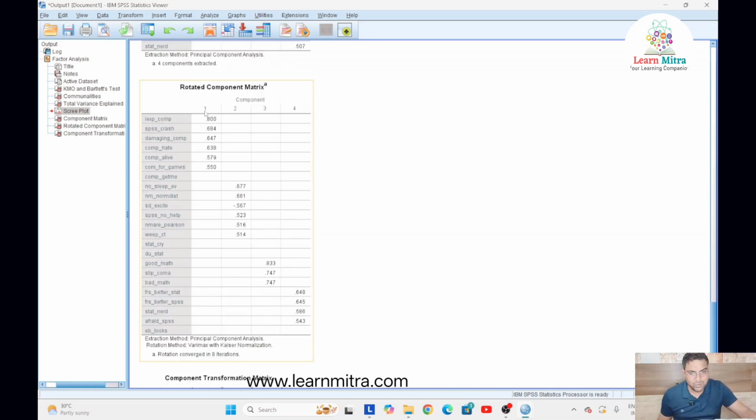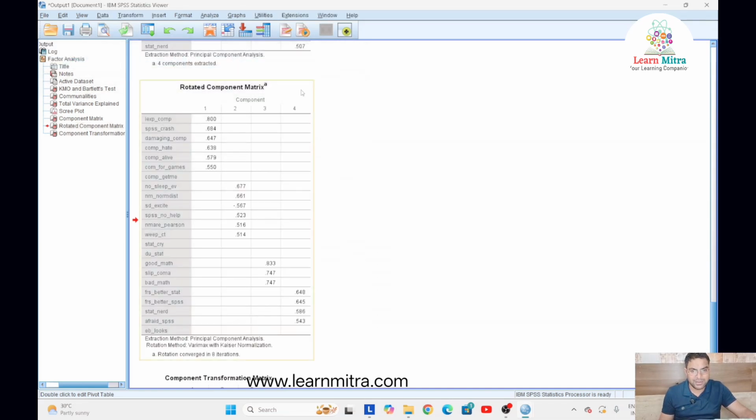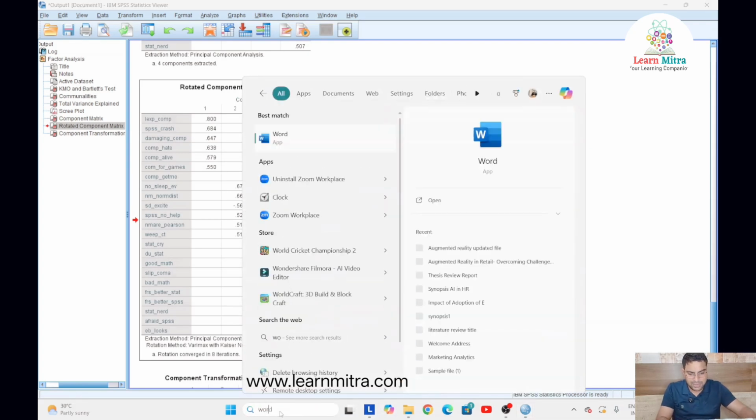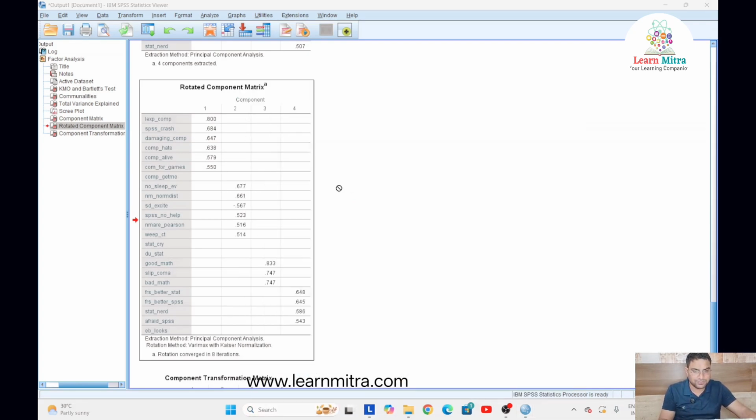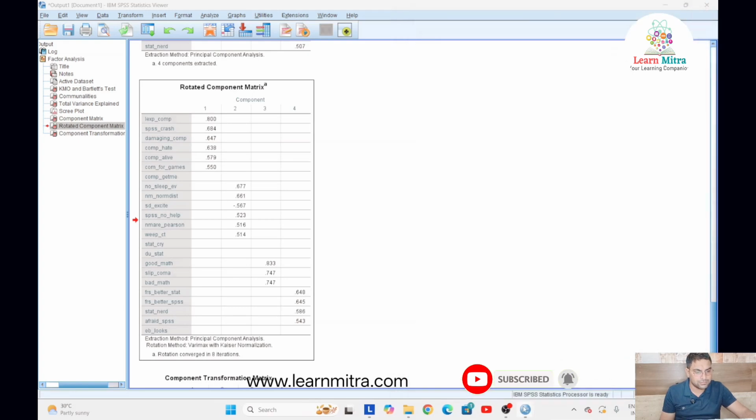So that is the rotated component matrix, that is the important one. तो हमारे लिए सबसे जो important है ये टेबल है, ये वाली टेबल सबसे important हमारे लिए। इसको आप कॉपी करके वर्ड में भी ले सकते हो, अगर मैं लेके आना चाहूँ इसको, तो इसको हमें एक्सप्लेन करना है, बट आपको जो स्टेटमेंट्स दी होंगी उसकी नेचर के अकॉर्डिंग आप उसको नेमिंग दे सकते हो।